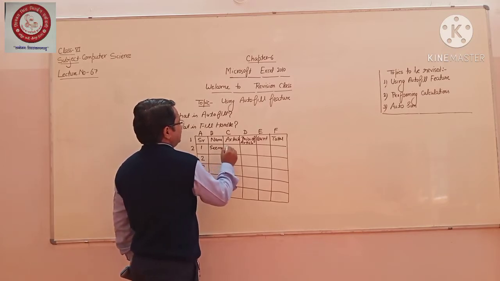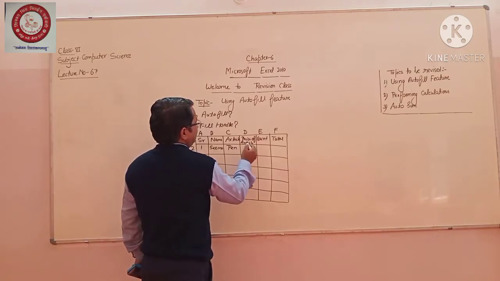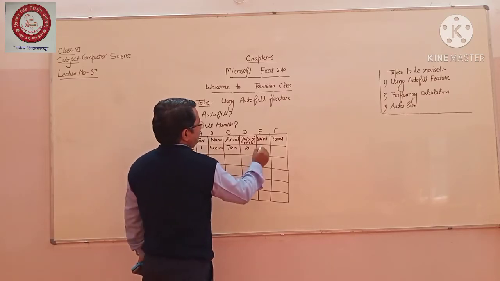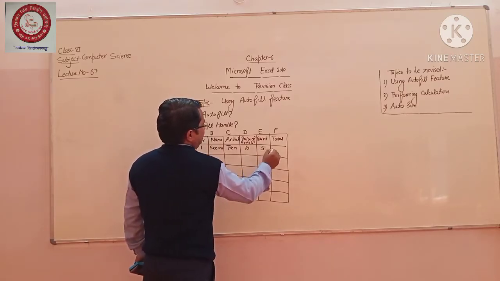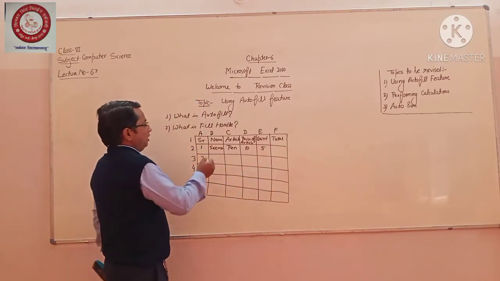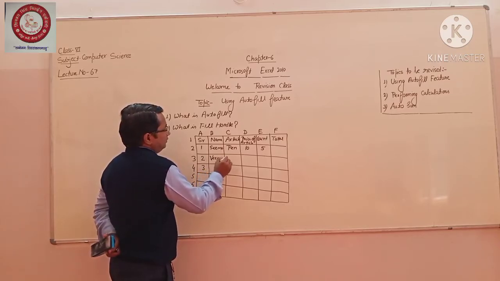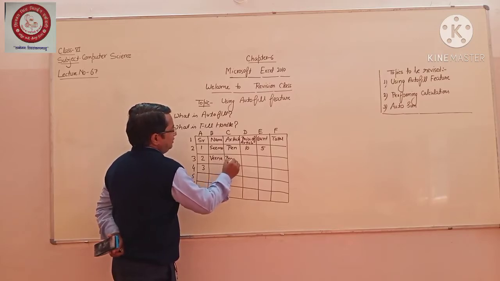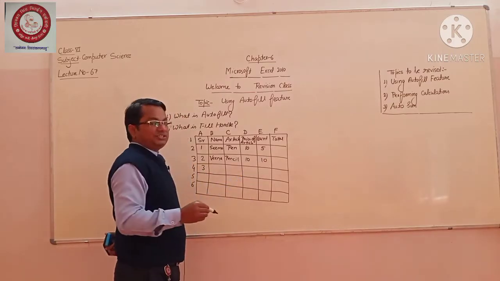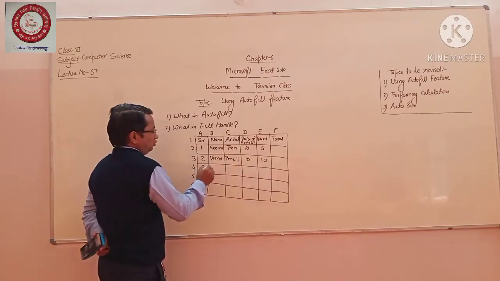Seema has purchased pens, and suppose the price of a pen is rupees 10, and she has purchased 5 pens. It means that in this cell you have to have a total. Apart from this, suppose Veena has purchased pencils. Suppose she has purchased 10 pencils, the count is 10. The price of one pencil is 10, and here you will take the total.